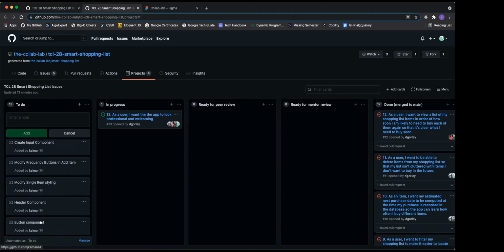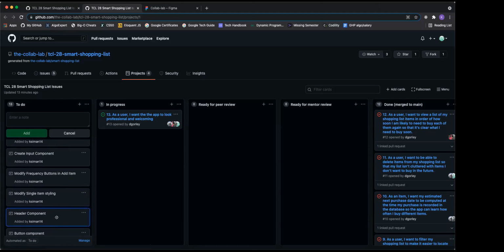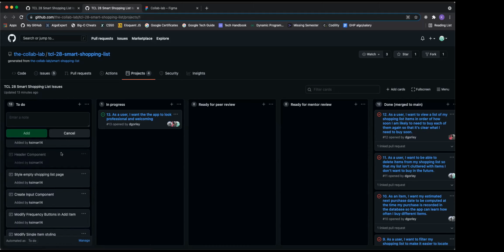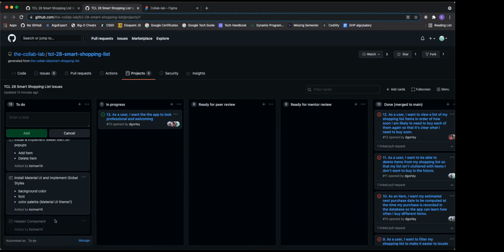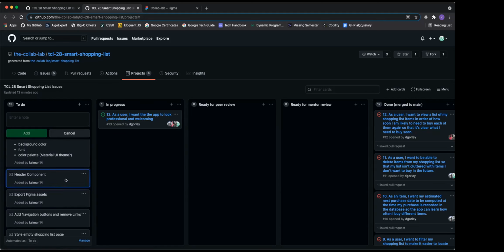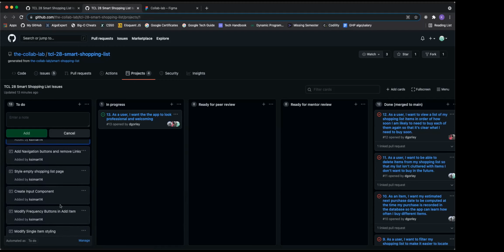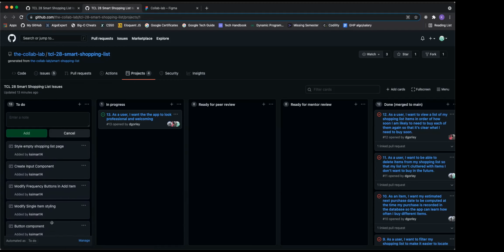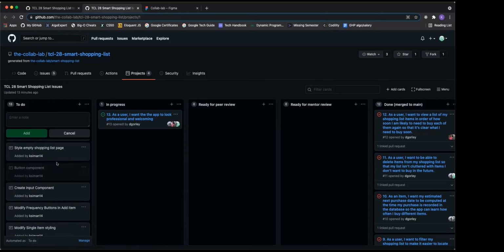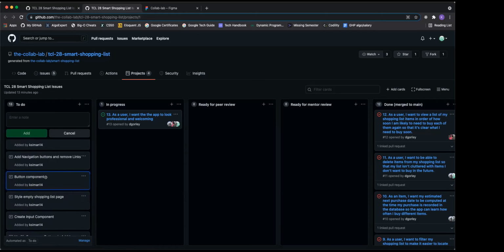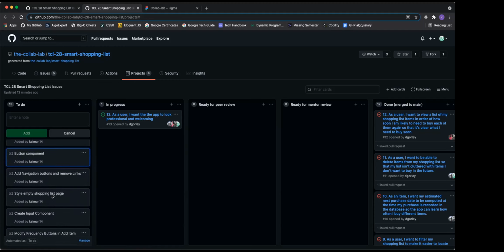Let's think. So the header needs the Figma stuff. And then I guess the navigation buttons. I don't know that you need the button component first. Maybe you do.